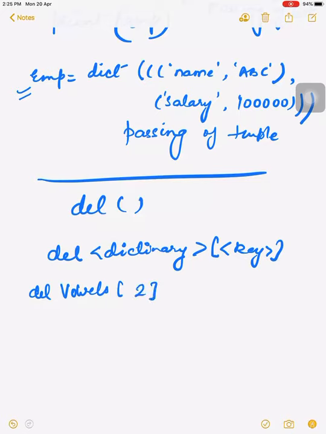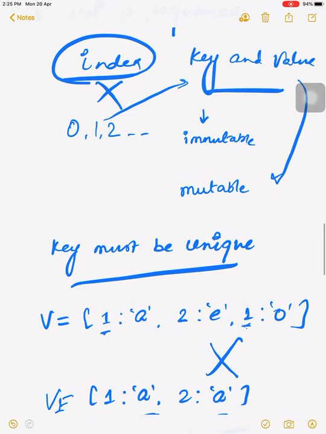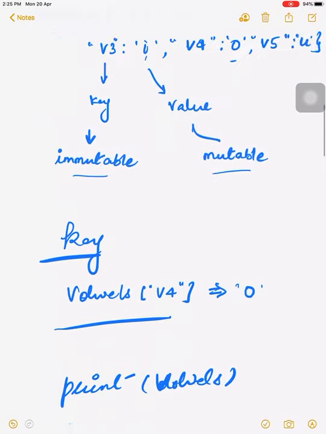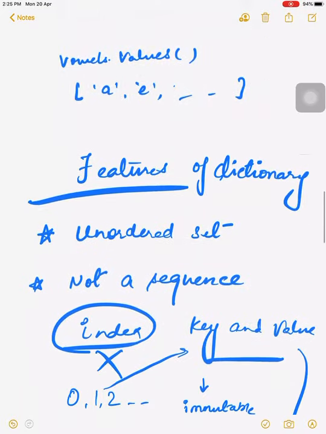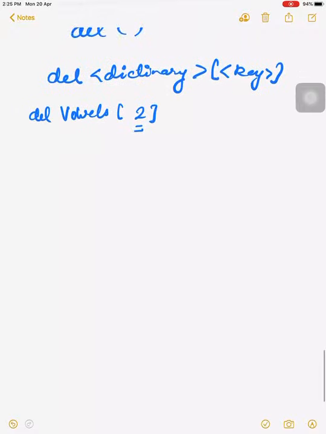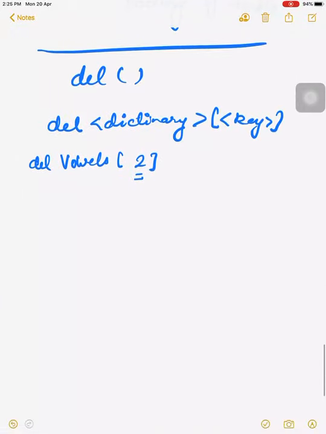Okay, so for example, in the case of our vowels list, we wrote del vowels 2. So the value which has the key 2, that is, what does the key 2 have? Here, see here. Acha, we have V2 actually. Okay, we will write here V2.